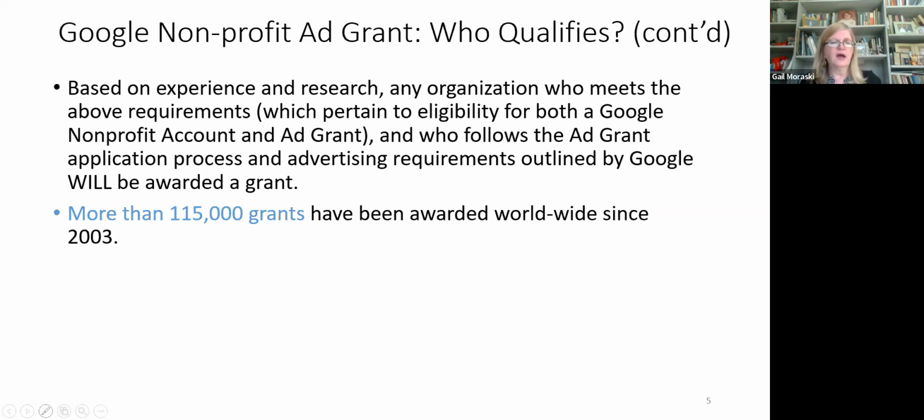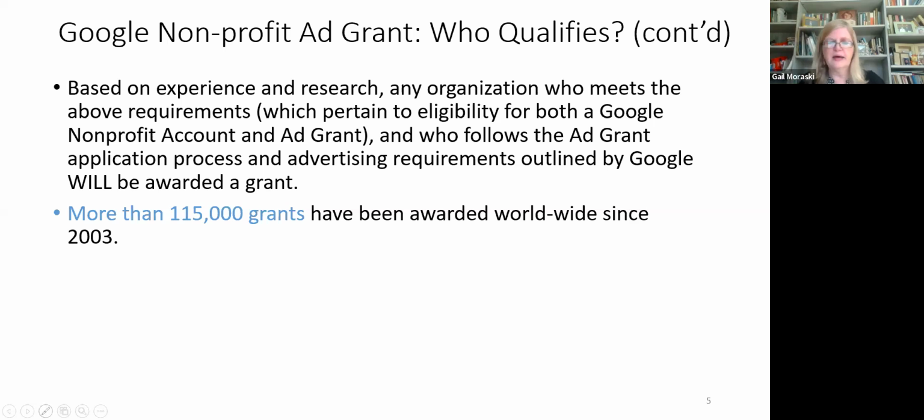So the number of nonprofits that have a grant is significantly higher than what's listed here. And keep in mind that if you're competing with other nonprofits, they may have a grant. So all the more reason for you to look into one so that you can also appear at the top of search results for relevant searches.